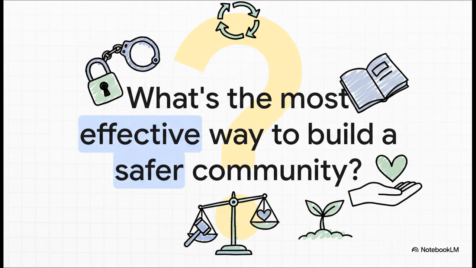So this leaves us with the million-dollar question. After understanding the language of crime, what causes it, and how we punish and prevent it, what do you think is the right balance? Is it stricter punishment, more rehabilitation, or something totally different? That, right there, is the central challenge of criminal justice.